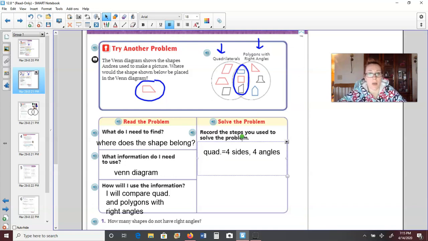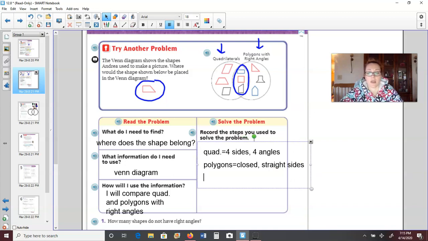Let's look then at polygons with right angles. What do we know about that category? Well, we know that polygons with right angles have to be closed shapes. Polygons have to be closed. They have to have straight sides. And then a right angle